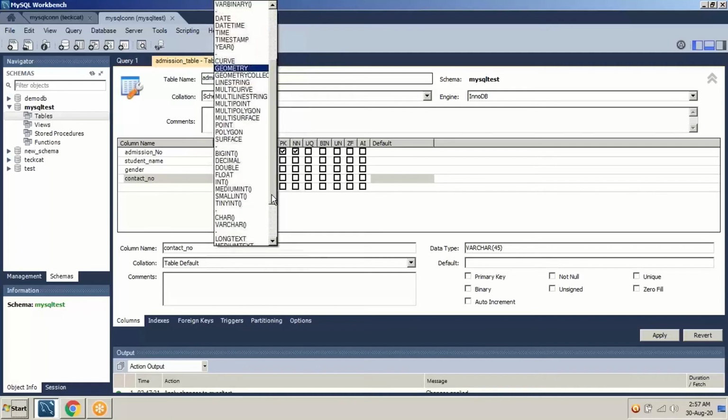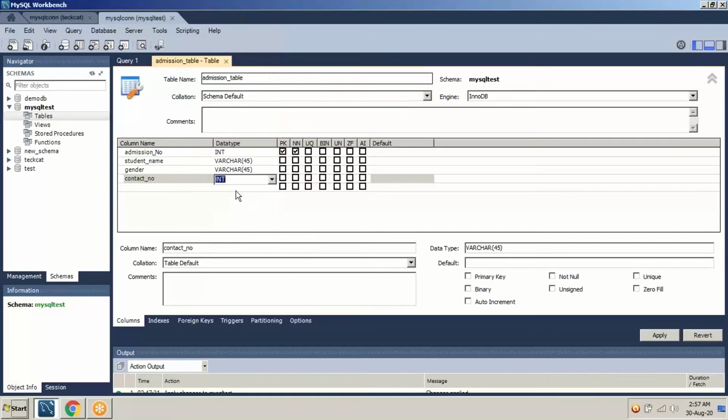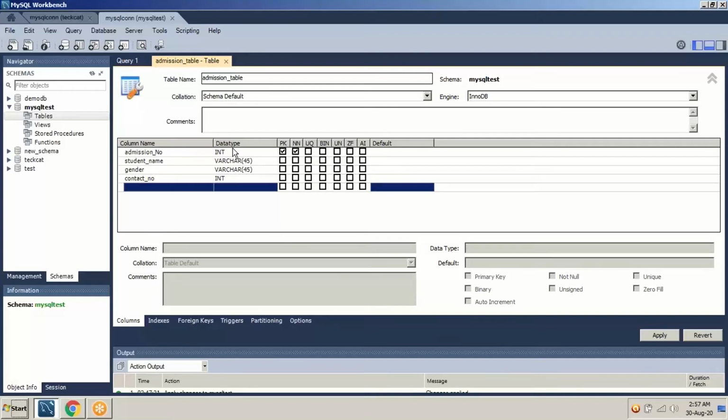Decimals are also there. Date type is also there. We are not seeing numbers over here, but we can take integers also, INT. This denotes that the contact number should be in numbers only in this particular field. We won't be writing names. We won't be writing alphabets inside the contact number data field type. So the database data type means what kind of data we are going to store inside the database, whether it's an alphabet kind of a database, or a number database, or a character database.